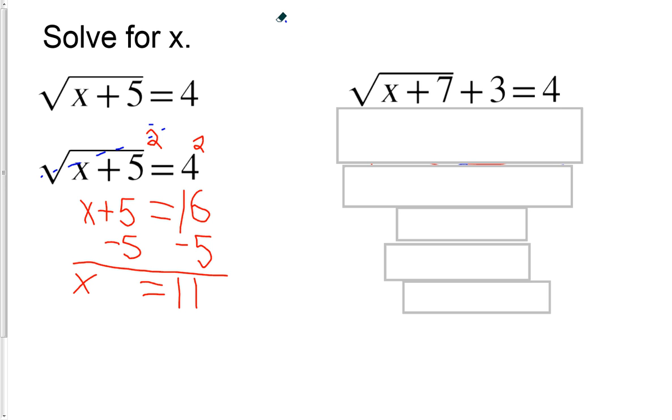In this case, there was nothing to add or subtract away from the exponent, so we squared to get rid of the exponent, and then we restarted PEMDAS because inside, these are technically inside of parentheses. It's not the square root of x, it's a square root of x plus 5, all that first. So in the second problem, we have to deal with the plus 3 first, because if we wrote PEMDAS out here,